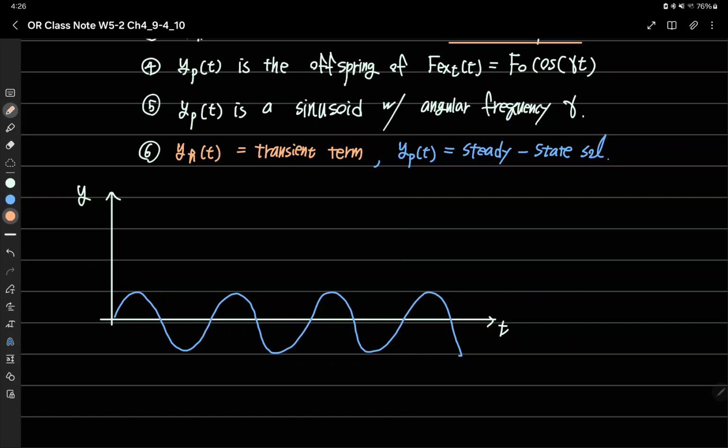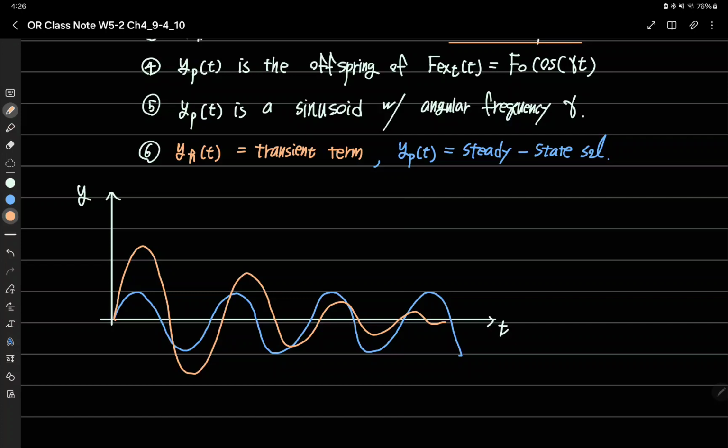And YH is going to be, just for instance, something like this, because we know that because of the exponential damping factor, the amplitude will decrease